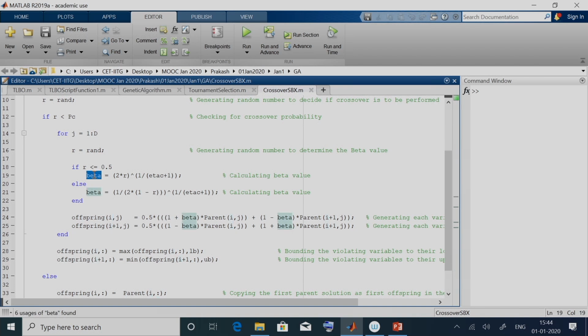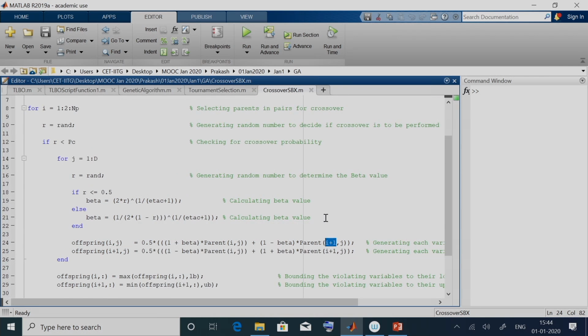So, beta would be a scalar value, right, 1 plus beta into parent of I comma j. So, the ith parent, right, plus 1 minus beta into parent of I plus 1. So, the second parent. So, first time when we are doing I will be 1. So, parent of 1 comma 1 plus 1 minus beta into parent of 2 comma 1. So, the first variable of the second parent, right.